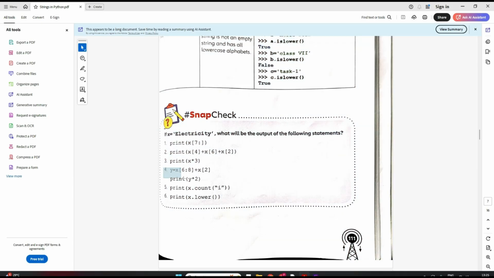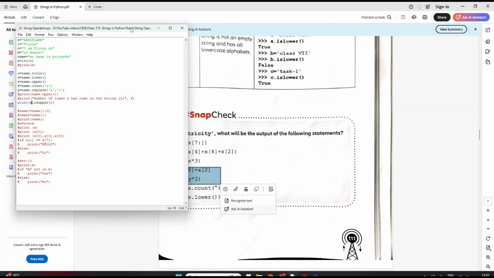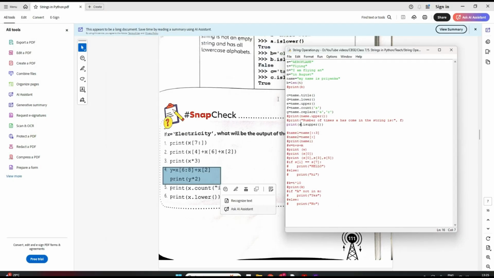Now let's quickly try to do this in Python and understand. Okay, so let me take x is equal to electricity. The same word I have taken.